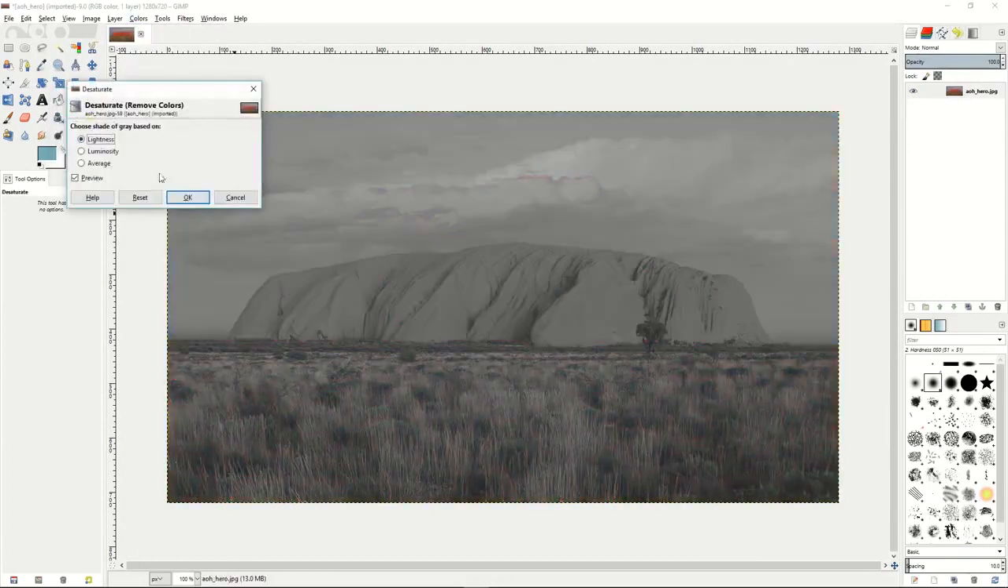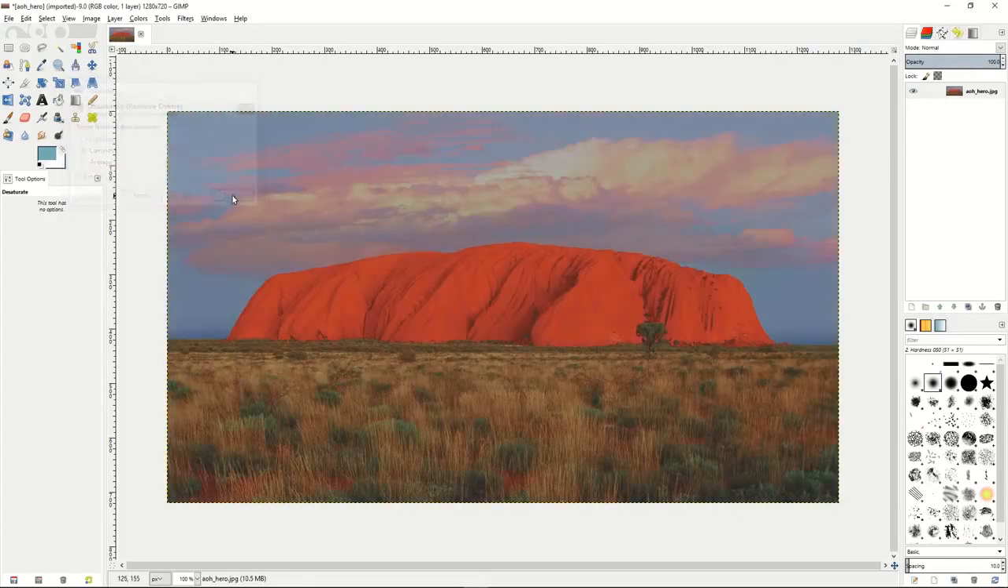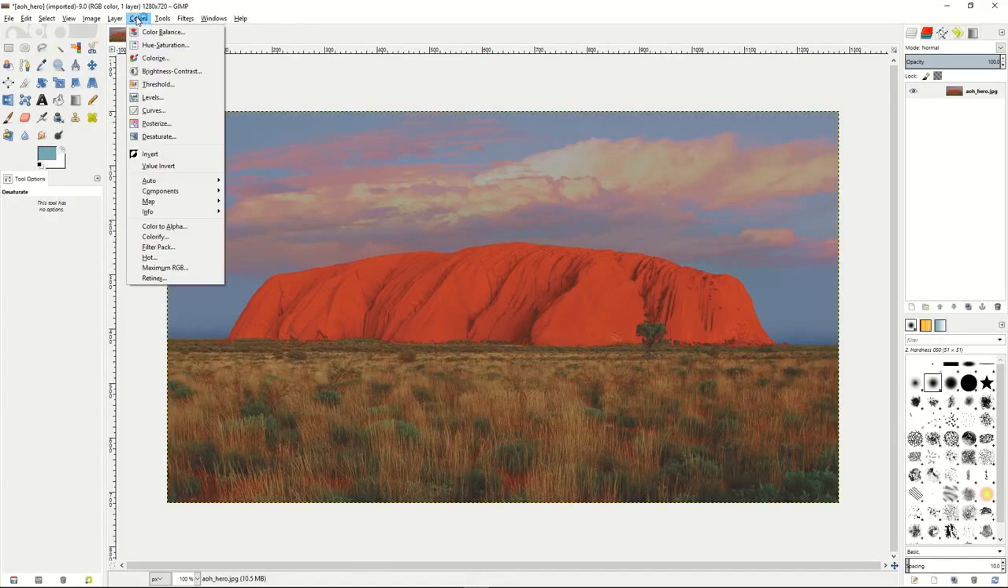If you go to desaturate, we've been using this in a lot of our previous tutorials where we can desaturate by removing the colors from the image, and we can choose based on the luminosity, the average, or the lightness in the image. And that is just a quick overview of all the different color tools you could use in